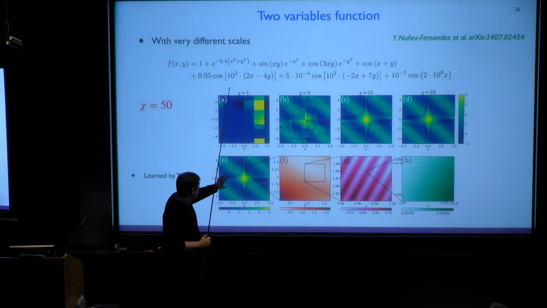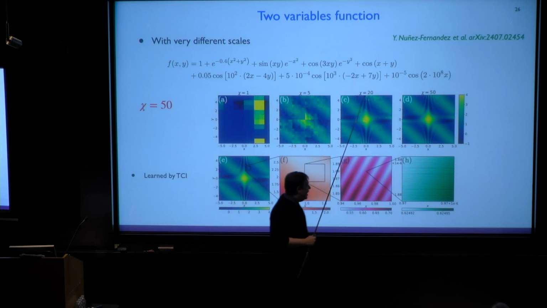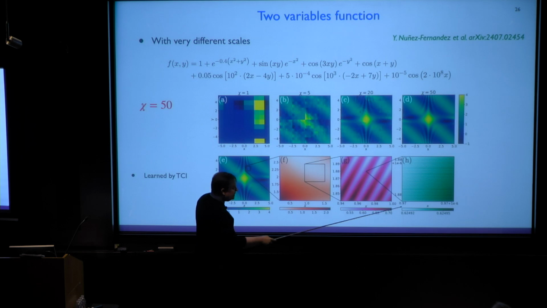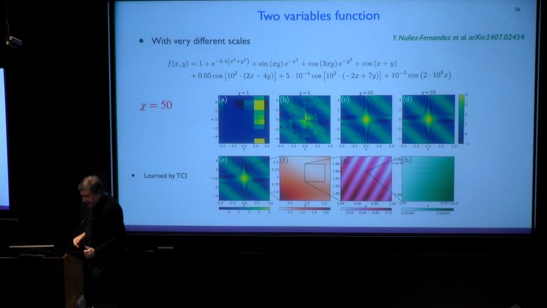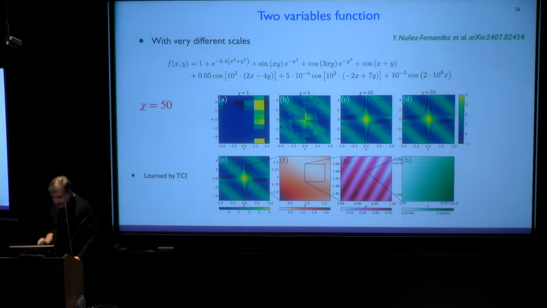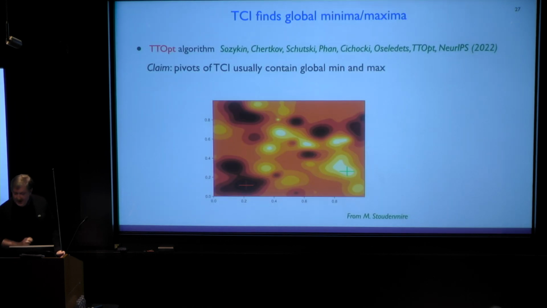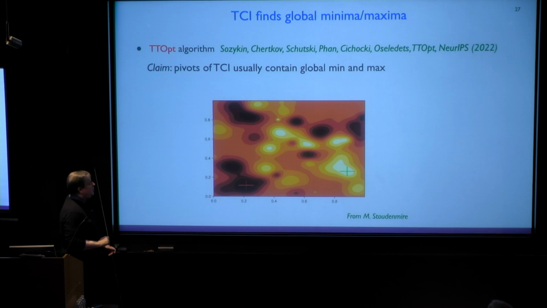And this is the function if you start to zoom in. Zoom, zoom again, zoom again, at different scales. And in fact, we can reproduce all the different scales of the function. And that's, again, learned by TCI. You put this in the TCI algorithm, you get that, with an error. That's quite amusing. And to finish, more troubling even is that TCI seems to be able to find the global